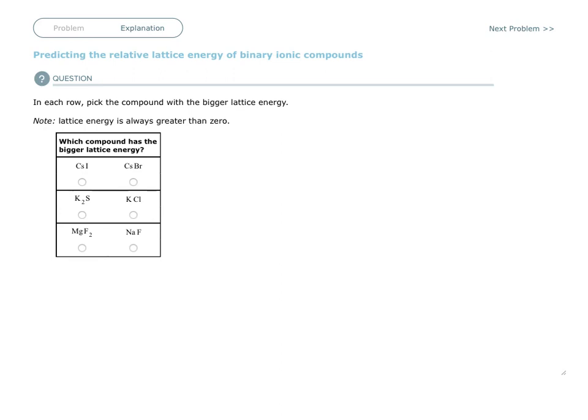Welcome back. This is an Aleks training video on predicting the relative lattice energy of binary ionic compounds. A lattice is like if you have ever seen lattice under someone's porch, it kind of looks like this. This is lattice work. All right, so a lattice is a network where things are repeating. And so the lattice they're talking about here would be like an ionic bond where you have something like